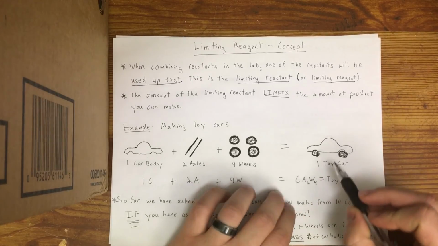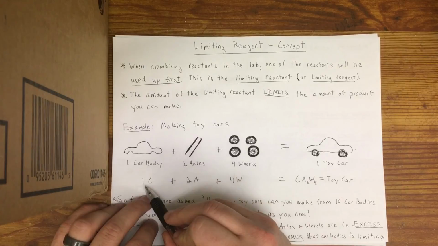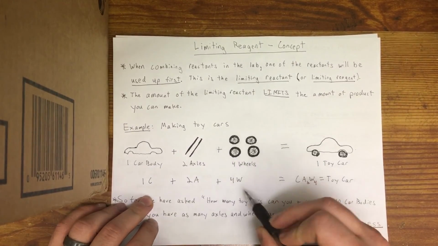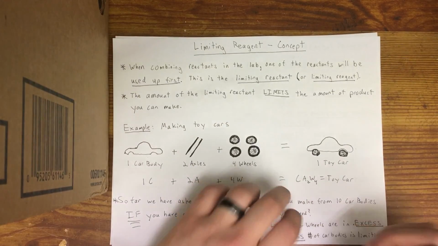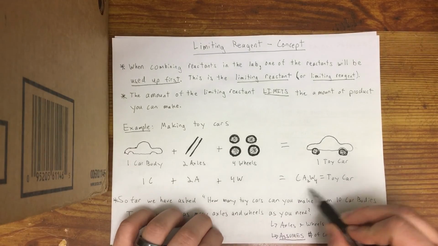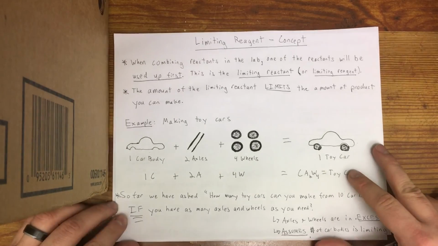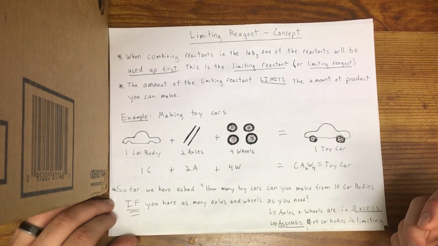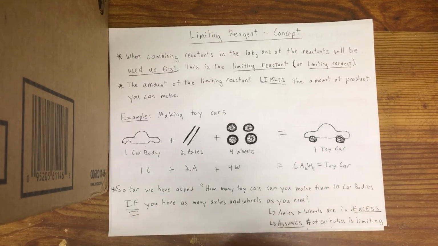complete toy car. This can be summarized in the form of a simple chemical formula, where if you have 1 car body and 2 axles, and 4 wheels, you end up with this as a product. You can think of it like a synthesis reaction, where you create this, and this chemical symbol represents a toy car. So, thus far, when we've been doing our stoichiometry reactions, we've asked simple questions such